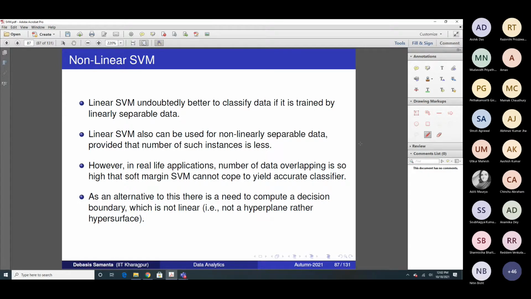Only one problem is that the linear SVM can work with numerical data only. So integer data or real data type. It cannot work with other types of data like ordinal data or rank data. But this limitation is not a serious limitation because in many real life applications, the data that needs to be processed are real valued data. That's fine. So linear SVM is fine.